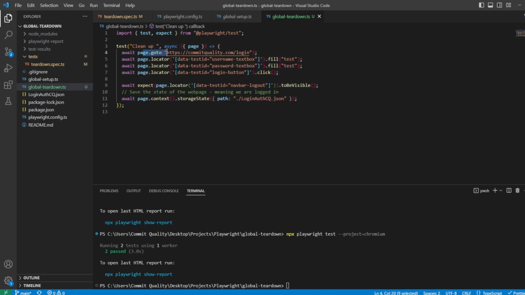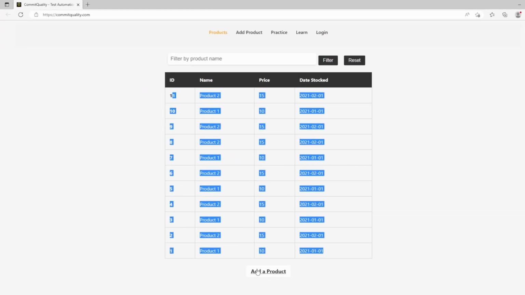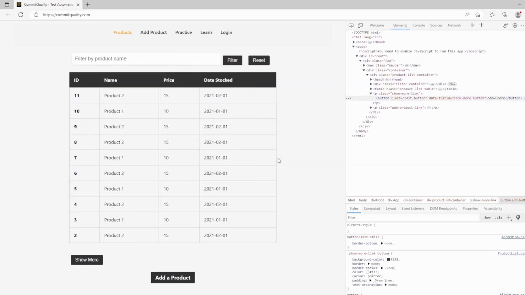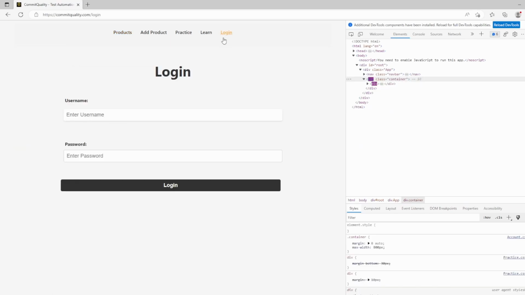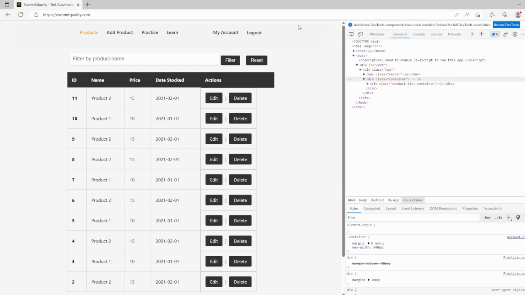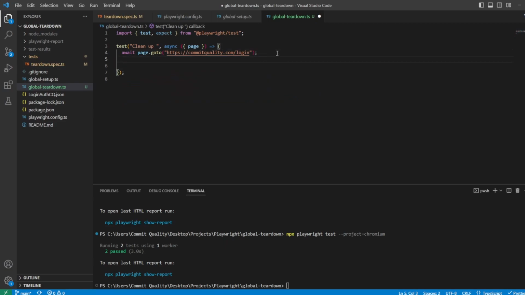And we want to go to Commit Quality, and we're going to want to click the show more button. So if I just refresh this, we want to click the show more button. We've got a data test ID here. I'm not logged in yet, so let's put test as the user and password. What we want to do then is click all these delete buttons. We'll of course already be logged in because that's what we've done as part of our global setup. What I'm going to do here then is delete all of this because we don't want any of that. And we'll say await